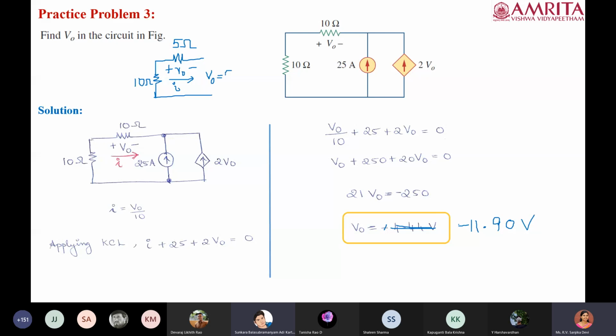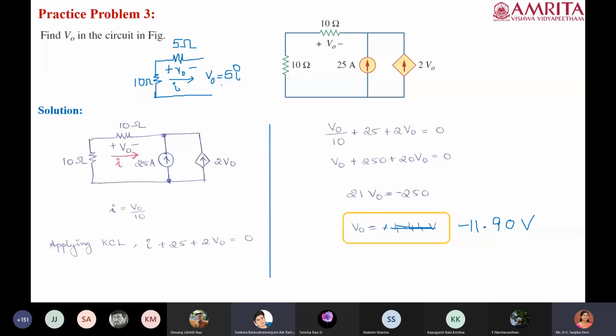Yes, V naught will be 5 times I, because the voltage V naught is represented across the 5 ohm resistor. So the other resistor will not influence this particular voltage. Though the same current is flowing through both the resistors, the voltage drop is dictated by that particular resistance value. So it's the same circuit. If it is modified with 5 ohm, then V naught will be 5I and correspondingly the answer will also change.